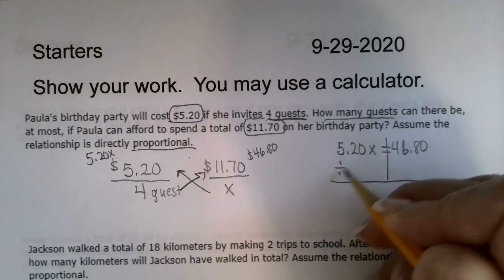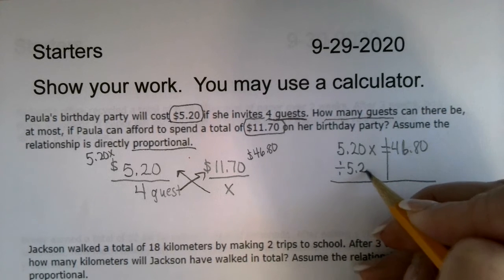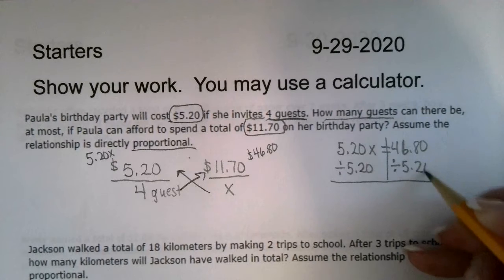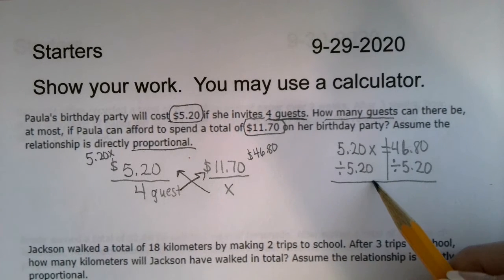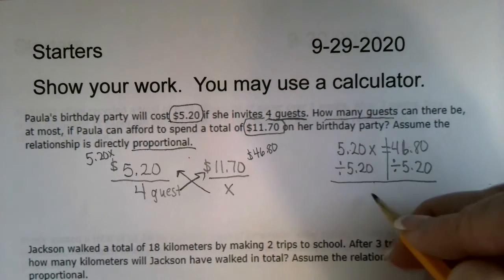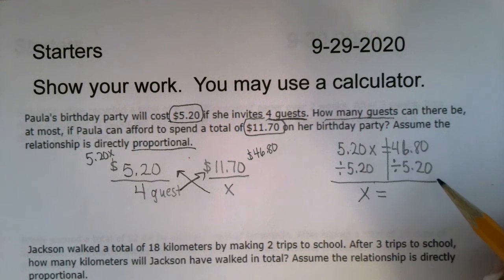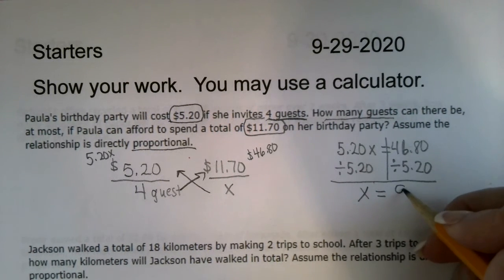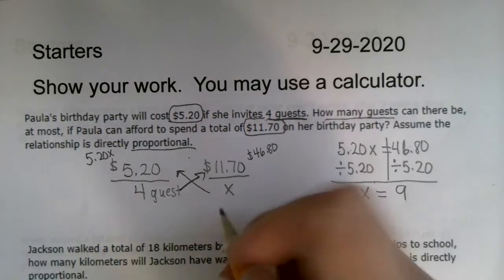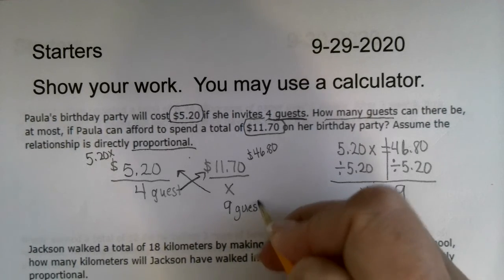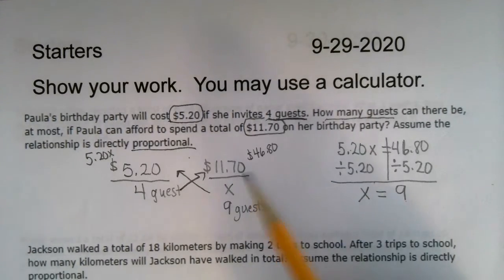To figure out how many guests I can invite, I just split my equation. I divide by $5.20. So $5.20 divided by $5.20 gives me just 1x. And $46.80 divided by $5.20 gives me 9. So I can get 9 guests